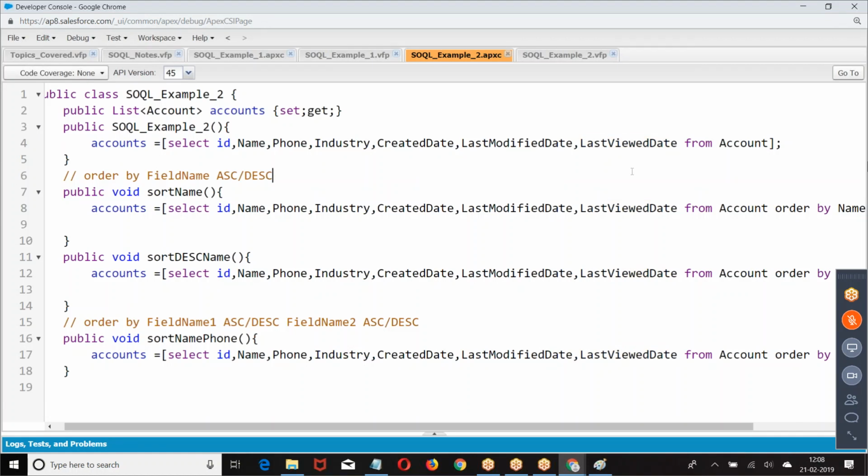Now what is the SOQL query to give the list of records based on ascending order of last viewed date?